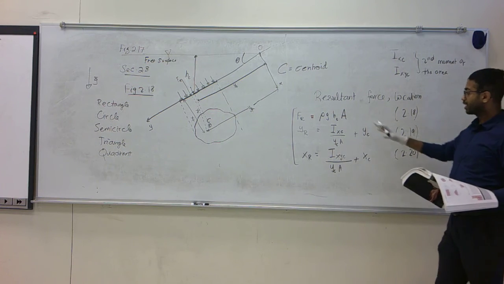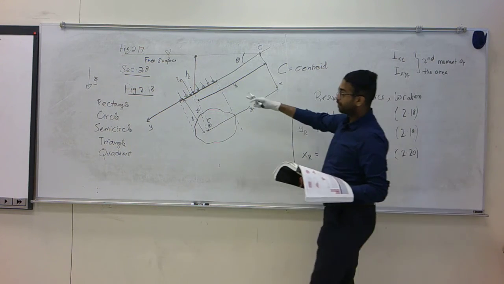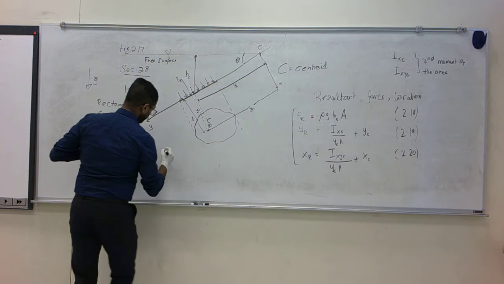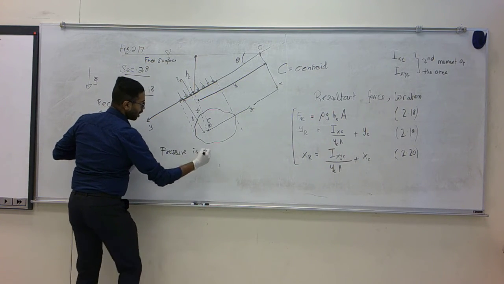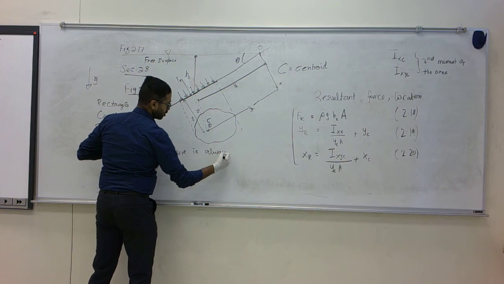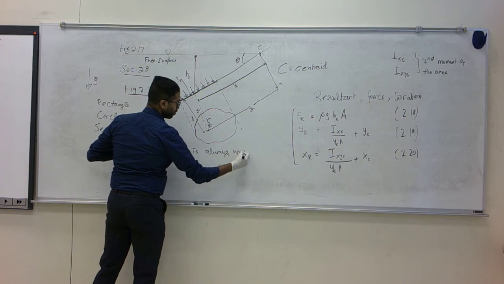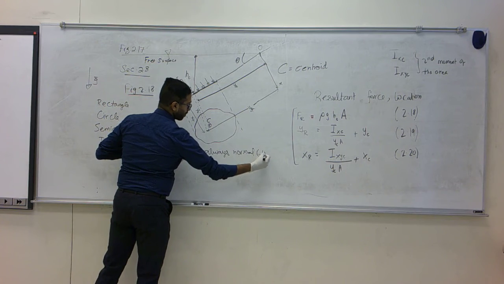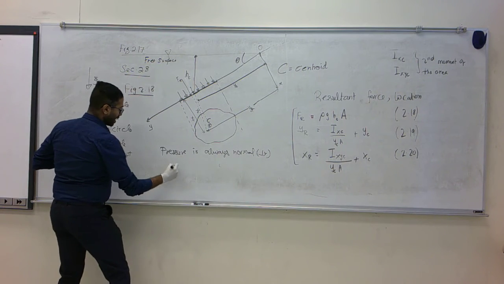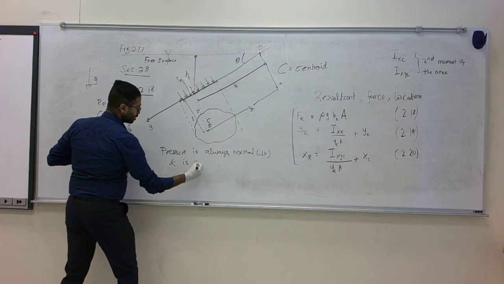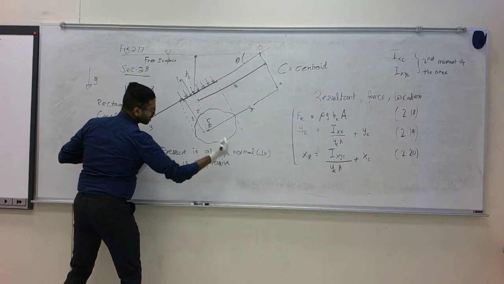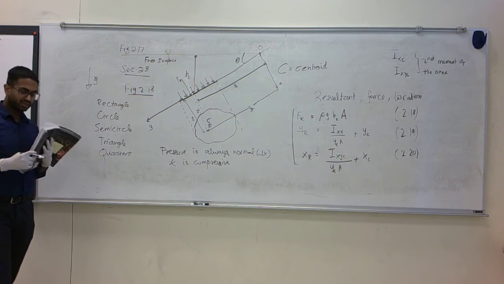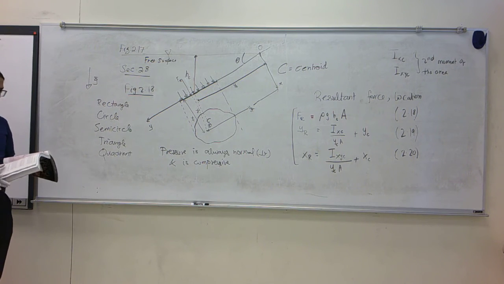What you need to understand is that the pressure is always normal, or in other words perpendicular to a surface, and is compressive, meaning it acts towards the surface in a way that squeezes it further. Okay,